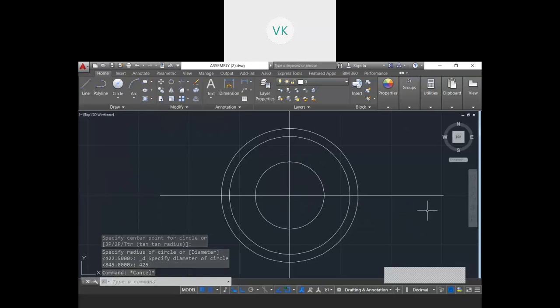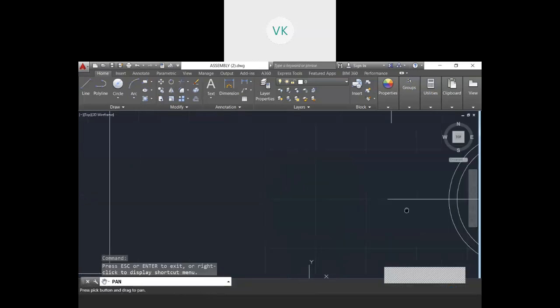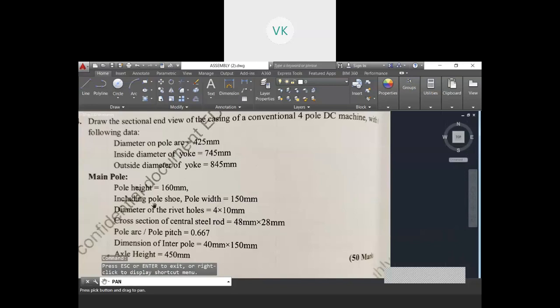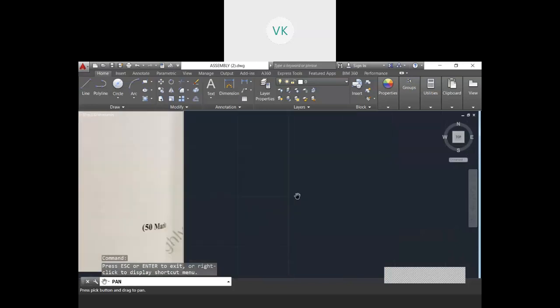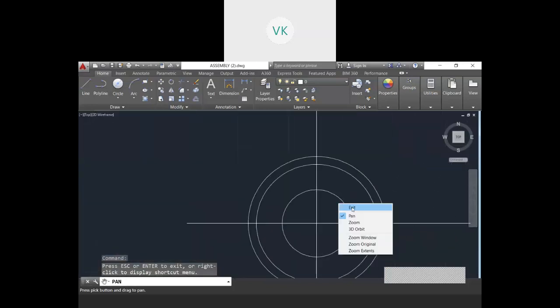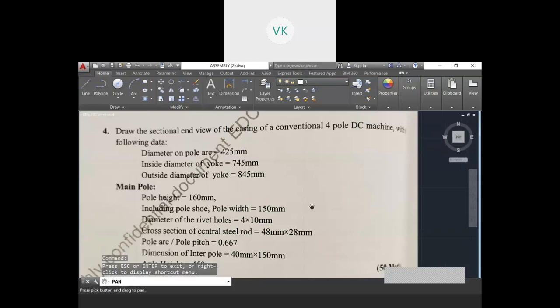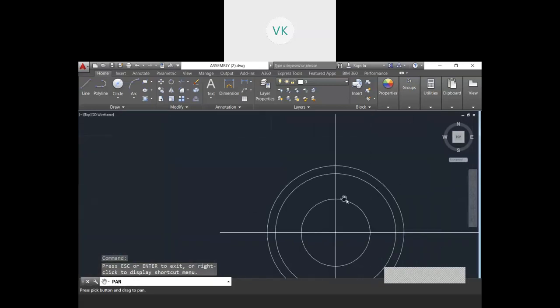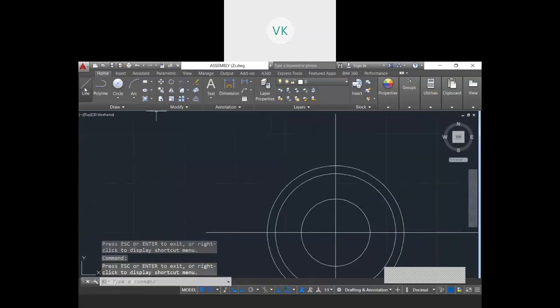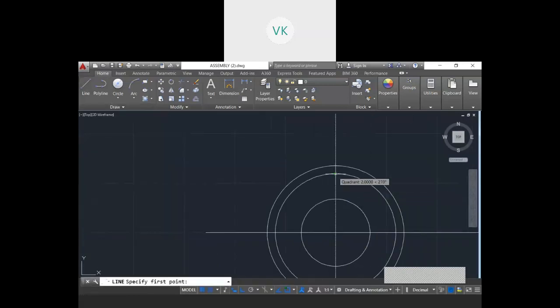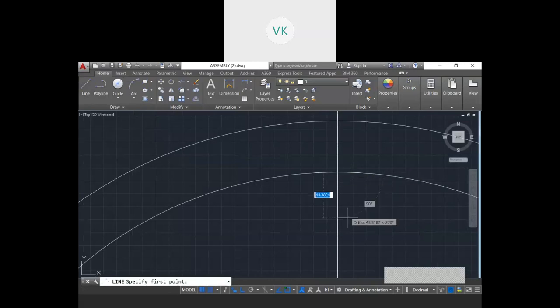Next, coming to your main pole. Let us take the first data. The main pole height is given as 160 mm, and the width including the pole shoe is 150 mm. First I will draw the line for the 160 mm pole height. I'll take a line here at this point. That is 160 mm.